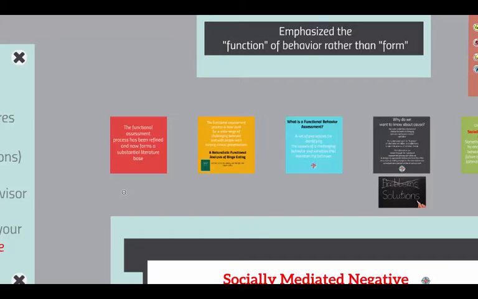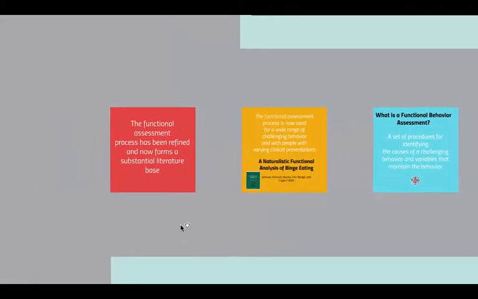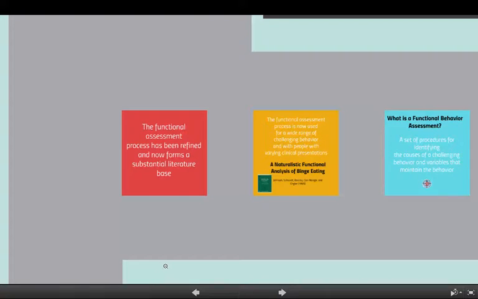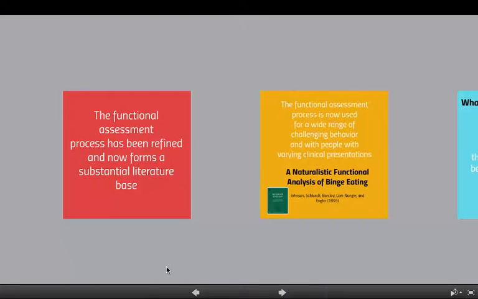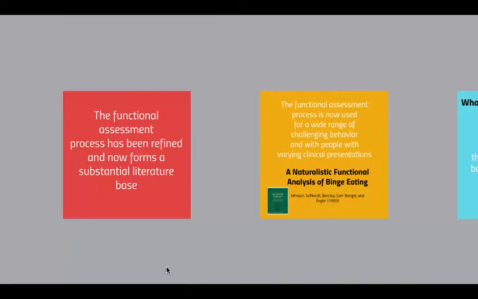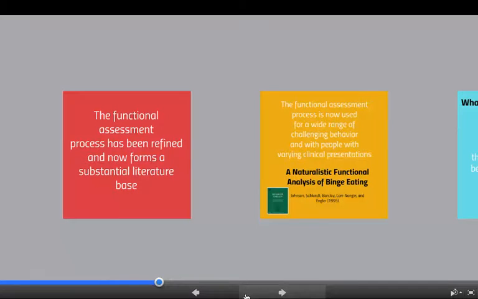So the functional behavior assessment process, since Iwata's contributions, has been refined and forms a substantial literature base in our field at this juncture. One of the things that I've mentioned during previous training in terms of your responsibilities as a registered behavior technician is to keep abreast of the literature, to keep on top of the literature, and to ensure that you're constantly educating yourself. And one good place to go would be to the Journal of Applied Behavior Analysis, for example, to begin looking at some of the research findings as a result of conducting a functional behavior assessment, and familiarize yourself with those